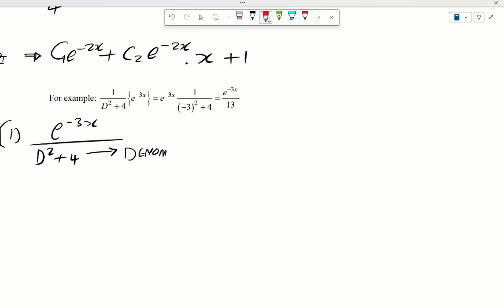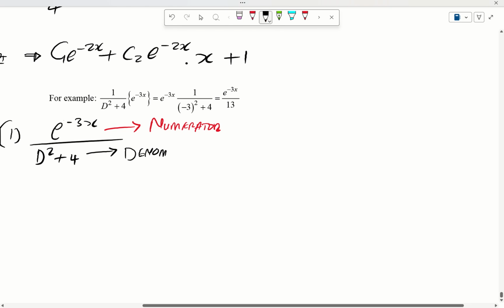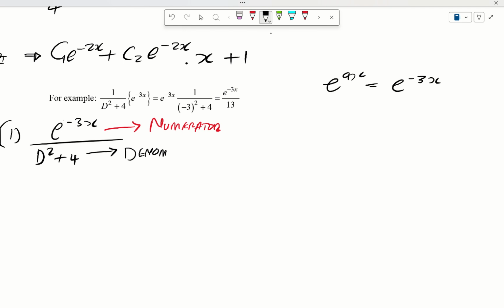What determines which theorem to use is your numerator. The numerator will tell you what theorem you should use. So for this one, you will use the theorem for e to the power ax. It tells you already that you must use the theorem that says e to the power ax is equal to e to the power minus 3x. So here you can see that a is represented by